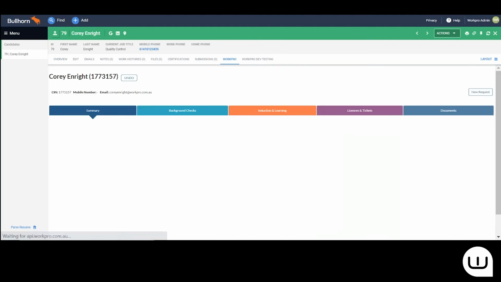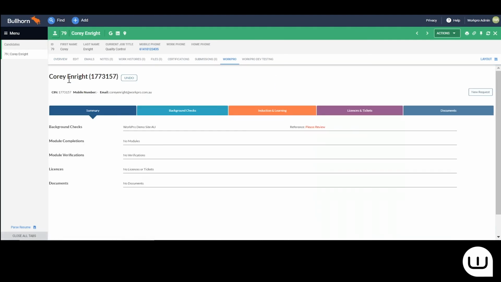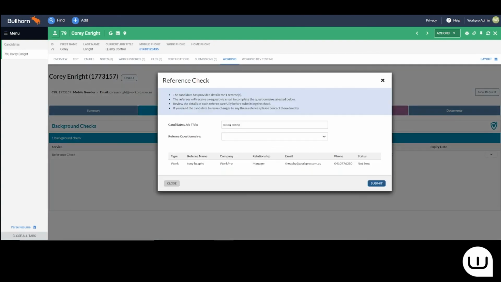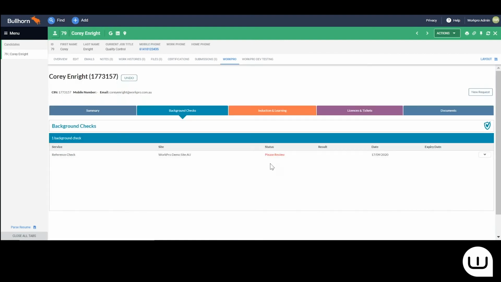So clicking on WorkPro, and you can see here, Corey, you can see here you're being invited to please review the reference information. So opening that up, you can see the candidate's job title, the fact that it's been a basic referee, and you can see the referee that's been provided here. If I wanted to send this request to the referee, I would simply click submit. The status would change inside this environment to in progress, and the referee would be invited to complete that reference